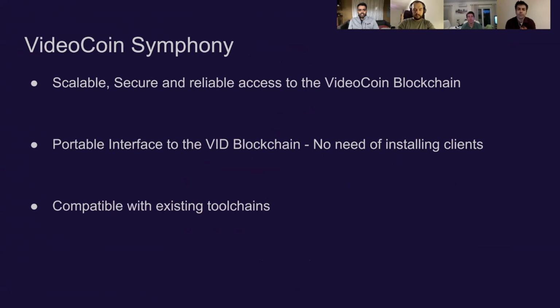So VideoCoin Symphony is a scalable, secure, and reliable access to the VideoCoin blockchain. I mean, all of us here have used blockchain in different ways, right? Some people use blockchain by installing a full client. Some people use a light client, and most people prefer to use a scalable interface, which was made popular by blockchains like Ethereum. It has a very scalable and really good interface through Infura. In fact, most of the enterprise customers want an interface like this as opposed to a full client installation or